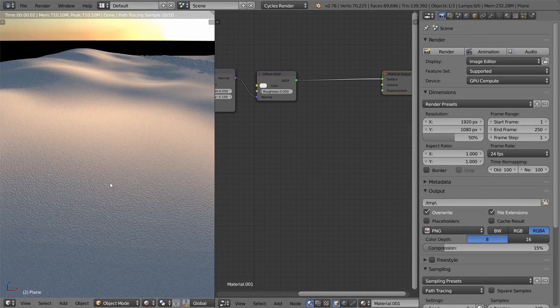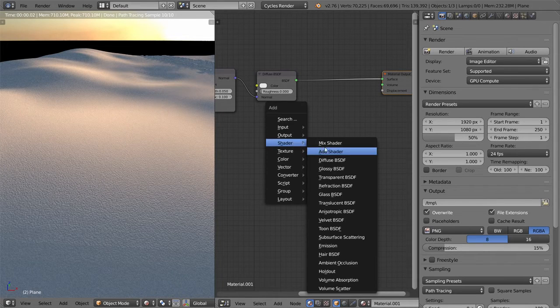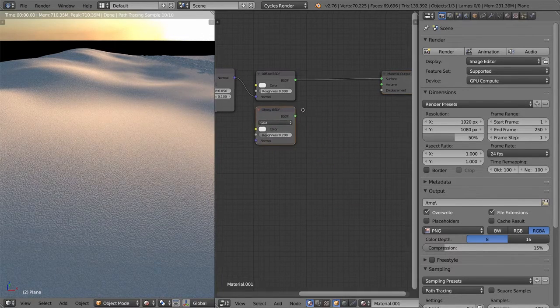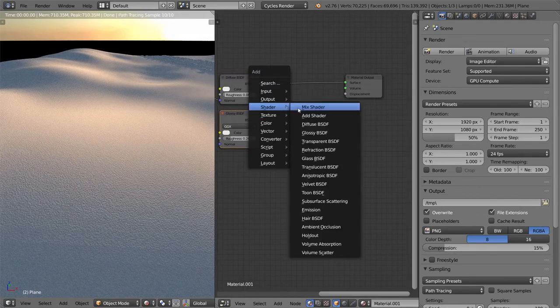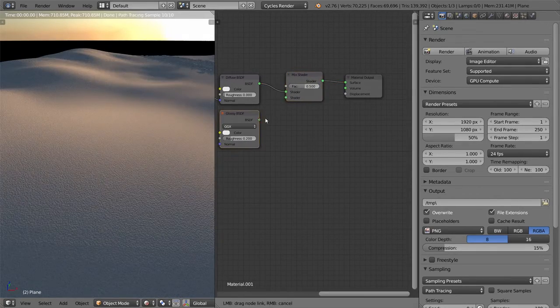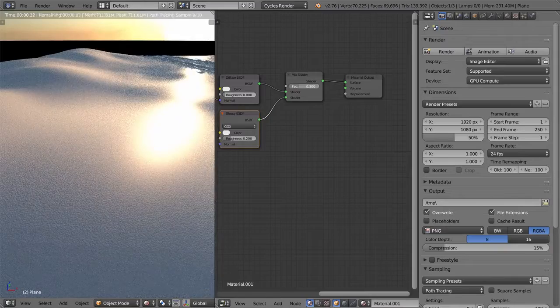So one other thing is this looks like plaster. There should be some sort of reflection from the sun. Not the sun specks, the little flecks, like glitter, not that effect yet. We'll do that later, but just sort of a fine, smooth look across the surface. So for that, I'm going to add in a glossy shader and just use a mix node, put that into the bottom input, and then I'll set this to,